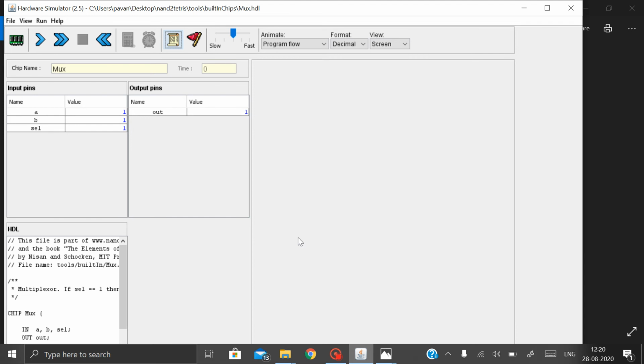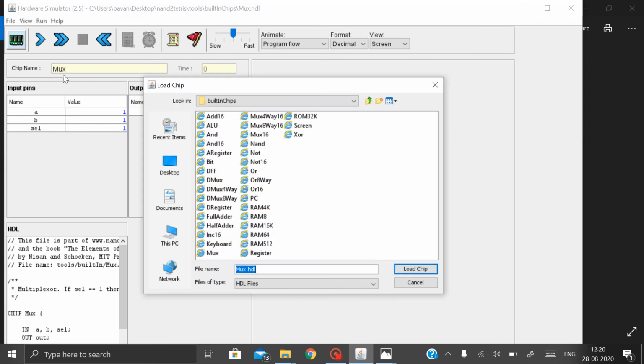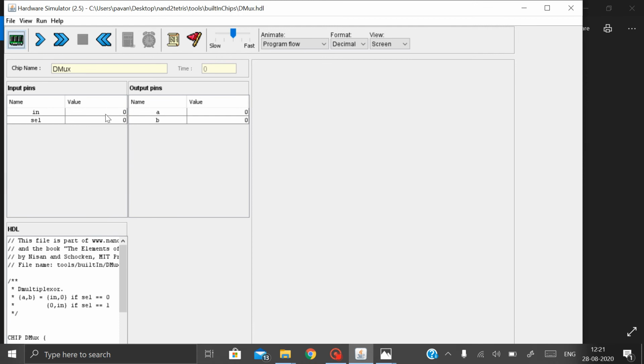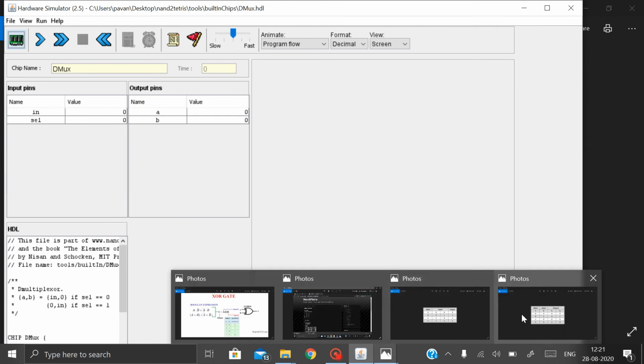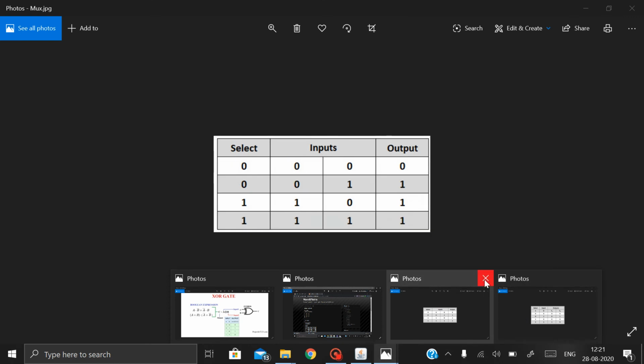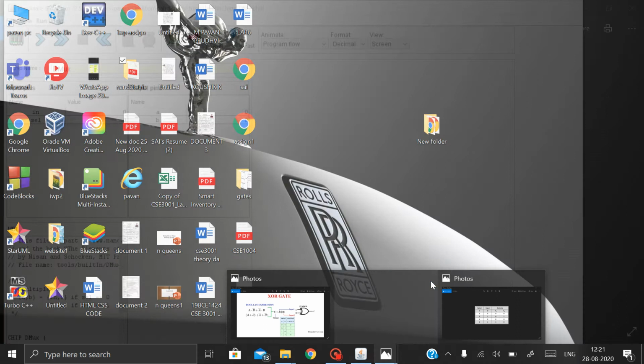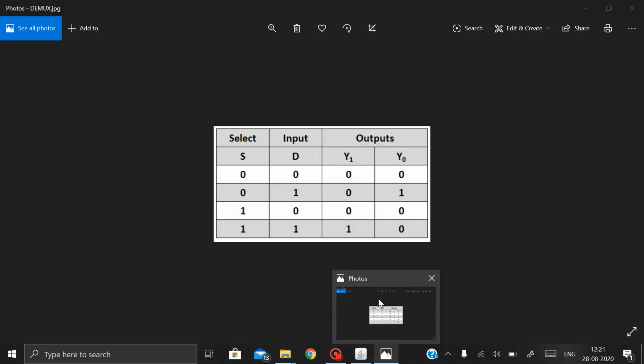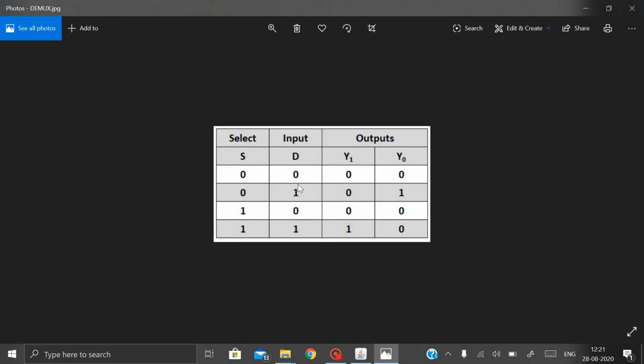So I'll go to the hardware simulator and load demux. See, there is only one input, one selection line, and a number of outputs. Here also the outputs will be 2 power n, the same thing which happened for multiplexer.